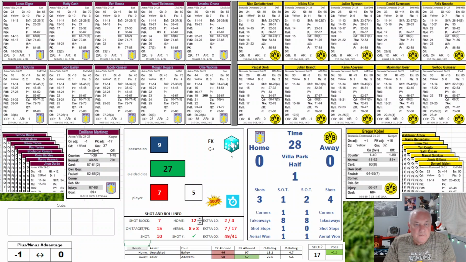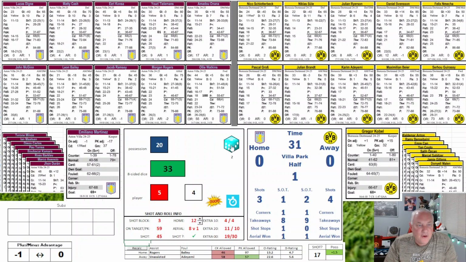Free kick. 727, offside Bailey. Leon Bailey goes offside. 741, P1081, P664, P177, taken away by Schlotterbeck. Dortmund has the ball. 437, P685, playing out in the middle of the field right now. There's a foul. Rogers is fouled by Adeyemi. So they're picking up a lot of fouls. Not getting a ton of shots, but they're picking up some fouls.